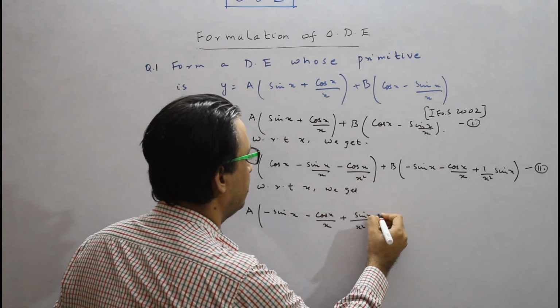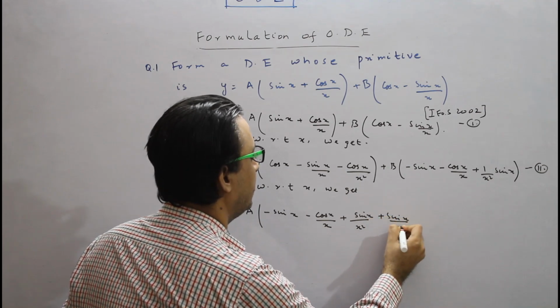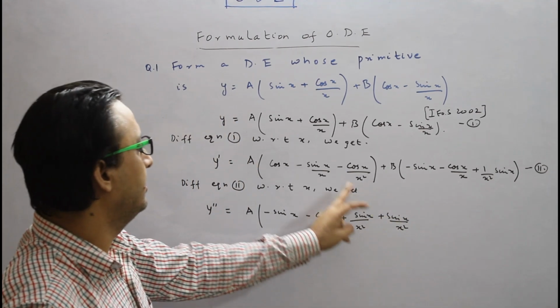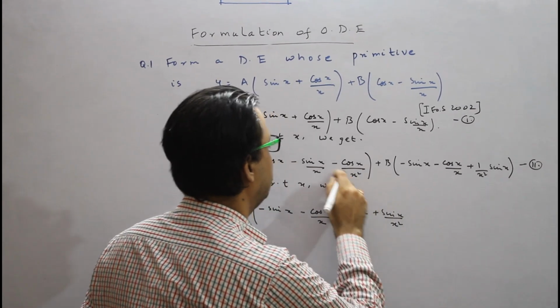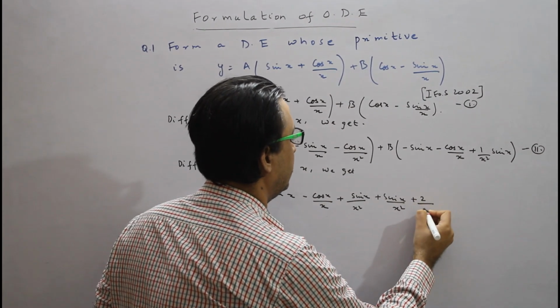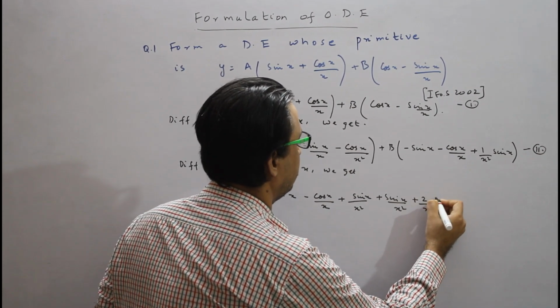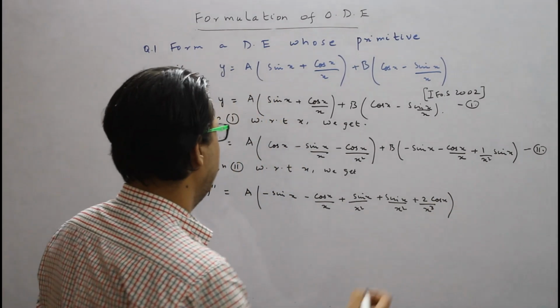Similarly for this one, this is our plus sin x by x square. For this part, minus minus becomes plus. So this becomes 2 by x cube cos of x plus